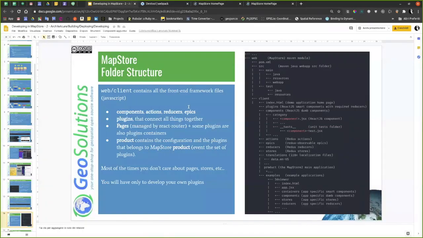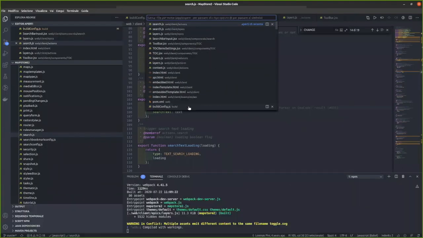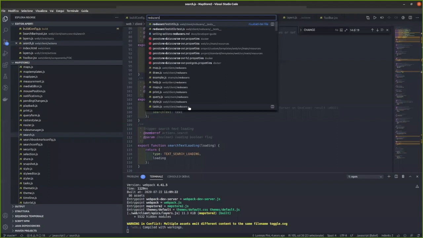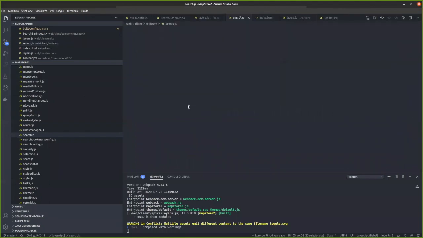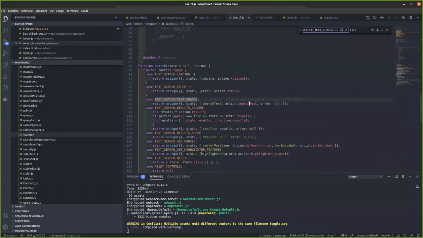And we have a reducer for that called search that intercepts this action and updates the search text. And an epic